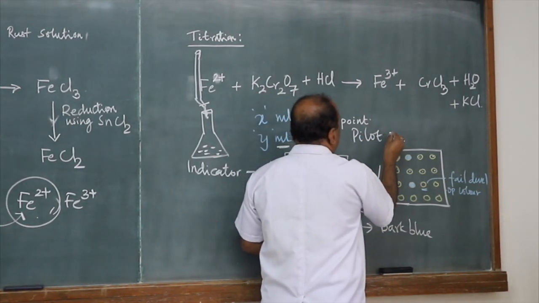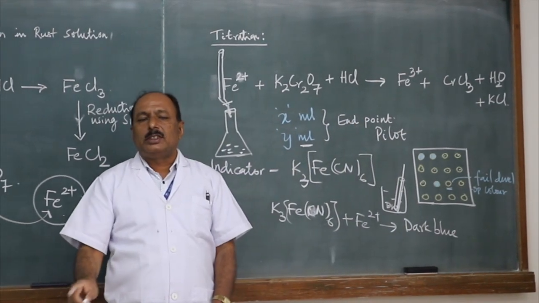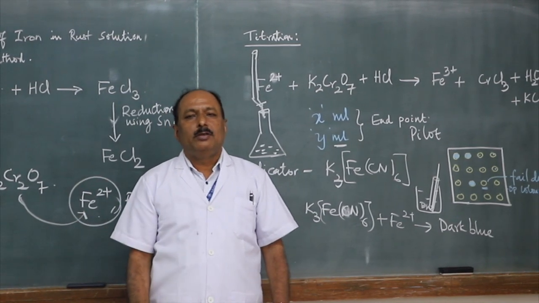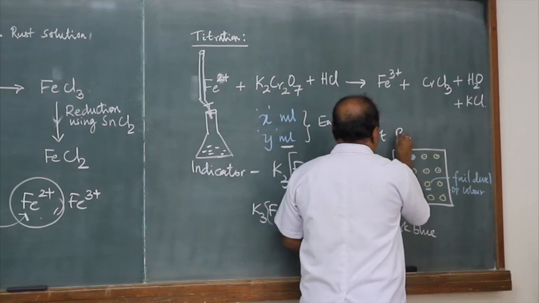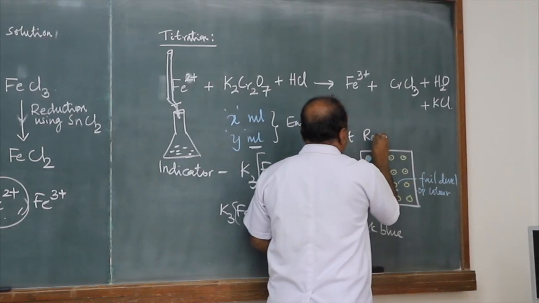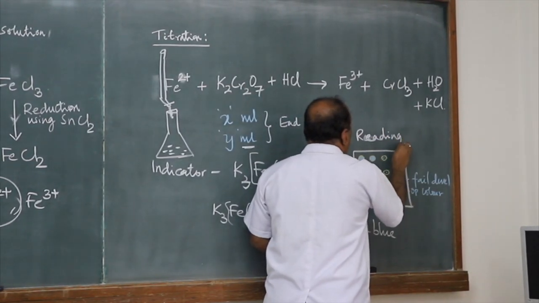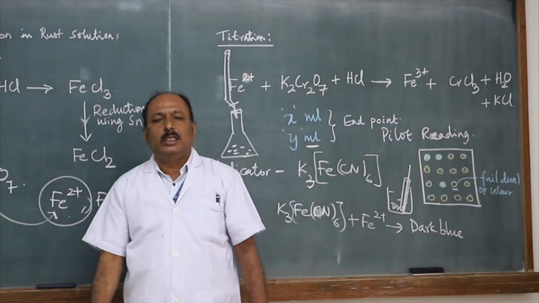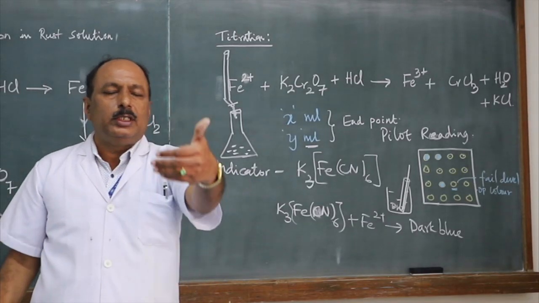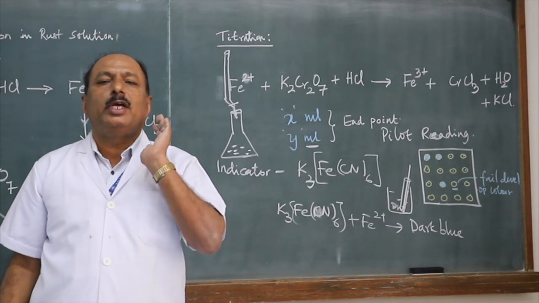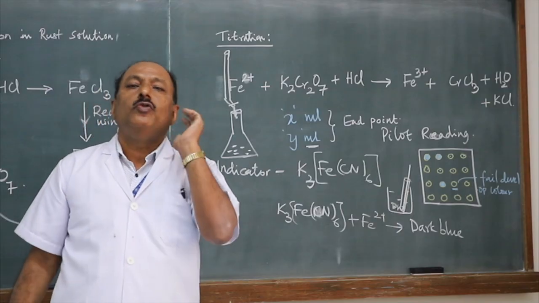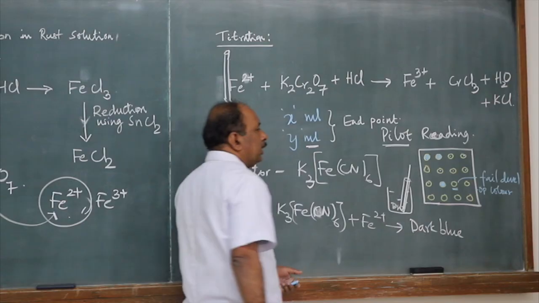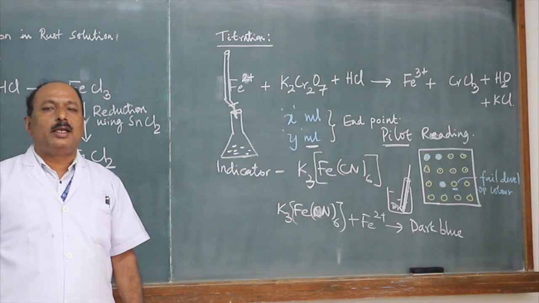You can see your burette reading. In all other titrations, the first trial is given as some number, whereas for this experiment, it is given as a pilot reading. The pilot reading gives us an idea about where the end point lies. Because this experiment involves a lot of manual work, checking for the color change every time by testing with the external indicator, this arrangement has been made to save time, therefore you follow this. So the first trial gives you the range where the end point lies, therefore it is called the pilot trial.